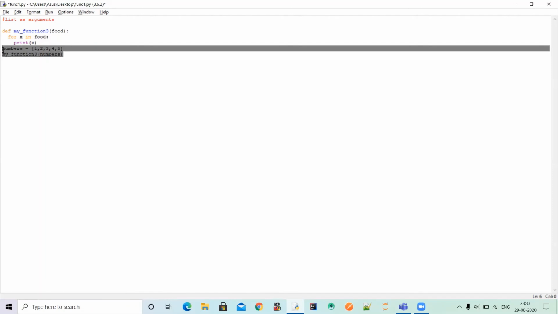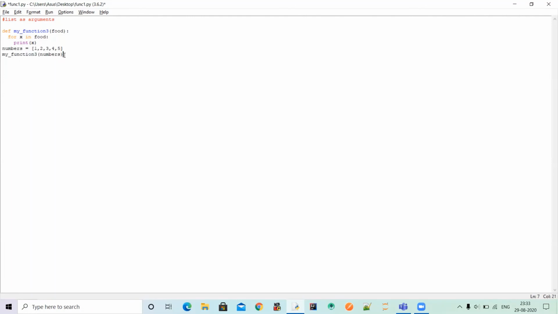So guys, if a person wants to iterate over a list around 10 times or 100 times, then they will not have to write this for loop again and again and again. Instead of that, they will just define a function, and inside that function they will give the for loop, and then we just have to call the function, and inside the parenthesis we have to give the actual argument, the list. Like I have given the numbers as a list, so if we run the program, it will print the numbers one by one.